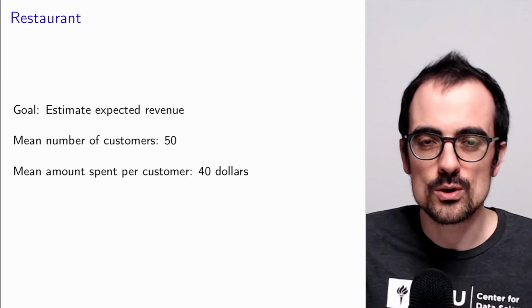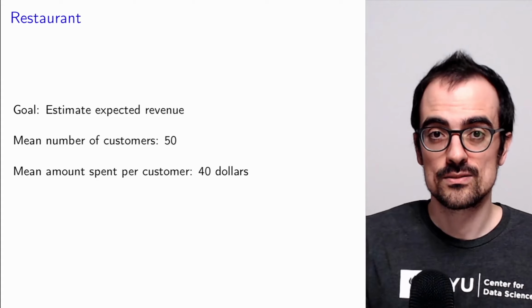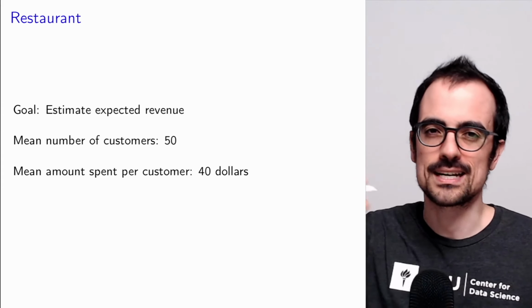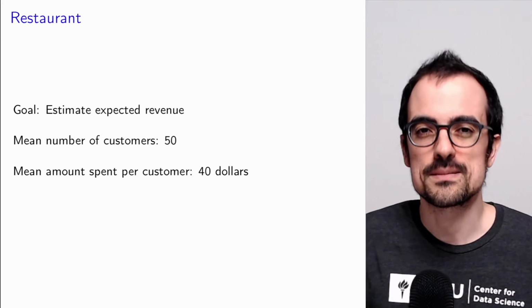So now we're going to show an example where we show that independence is needed for this to hold. And this is important to remember, because there's always this temptation to just think that the mean of the product is just equal to the product of the means. So let's see in what situations this might not hold.